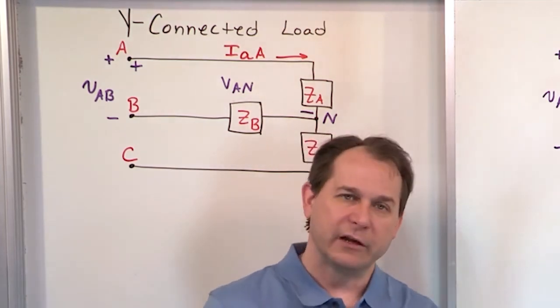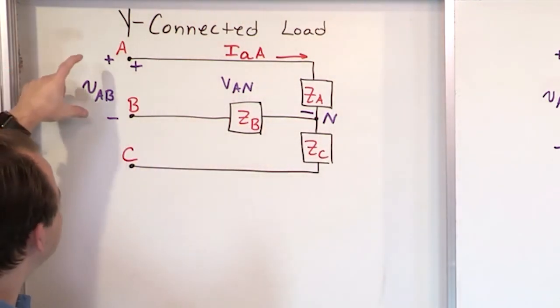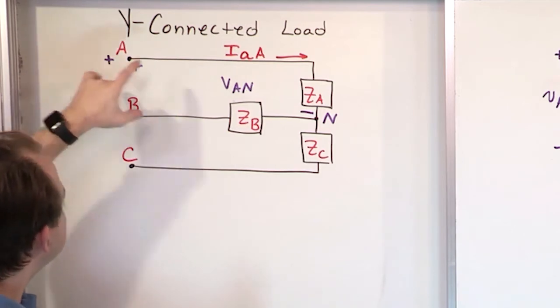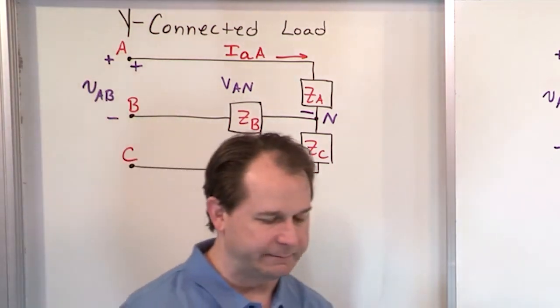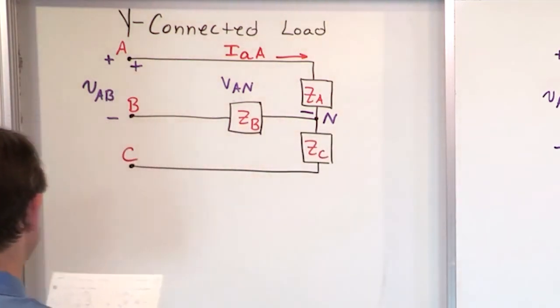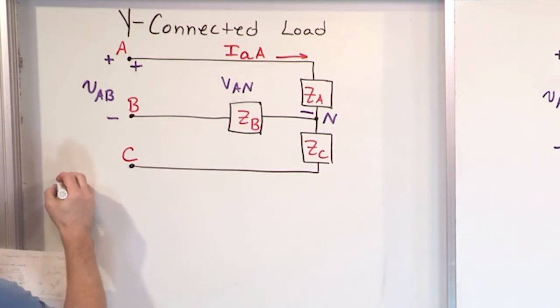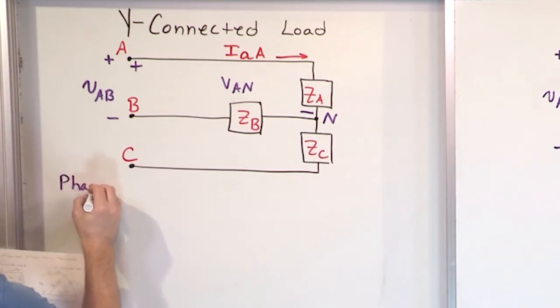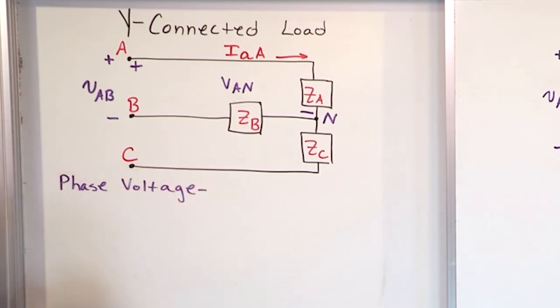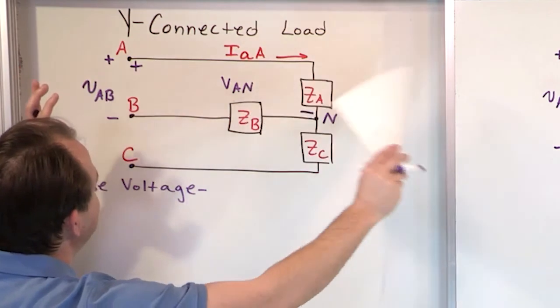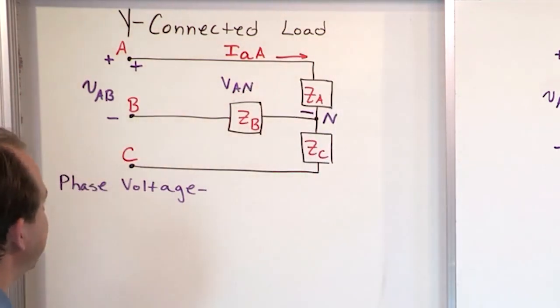Everything is there though. And we learned in the last couple of sections, basically we spent a lot of time learning how to convert between this voltage and this voltage, the line-to-neutral voltage going to the line voltage. We spent a lot of time. Now we finally want to do some definitions. We need to talk about a few things. When you see phase voltage, all right, what do we mean? Now also, I want to point out here in the beginning, when I talk about phase voltage, line voltage, and all that, I'm talking about this drawing right here. Forget about delta loads for a minute. I want you to think about it in terms of Y-connected loads, and then we'll expand it into